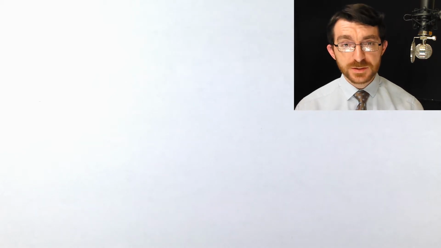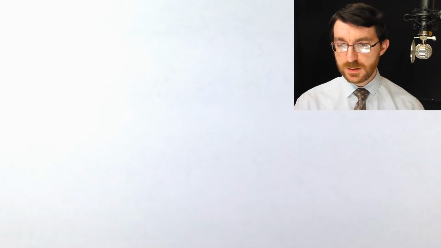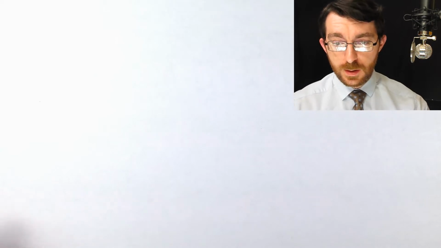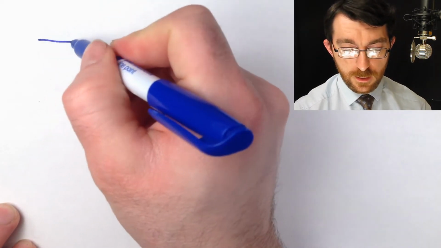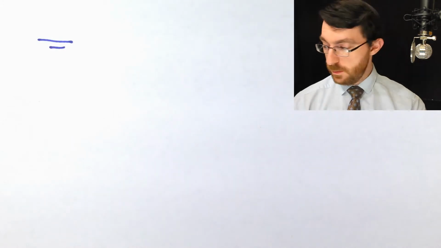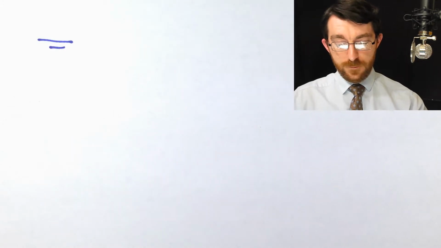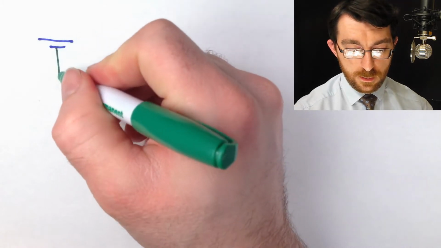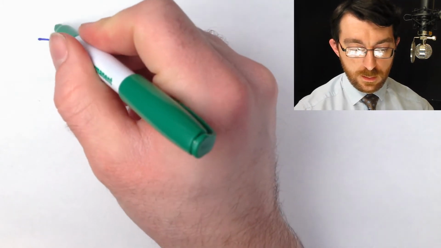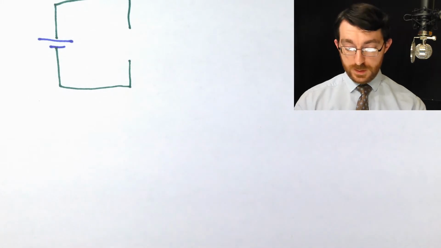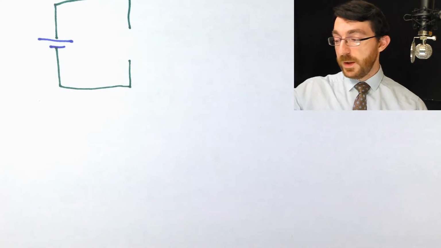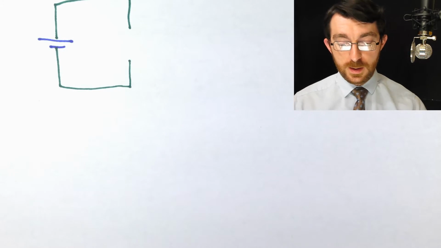Hey, physics class. So when we left off, we had symbols and terminology for batteries, wires, and resistors so that we could draw simple circuits kind of like this one. Let's go ahead and draw one. So if I have a battery here, let me have a wire. It comes around. It's not closed because I'm going to put in there